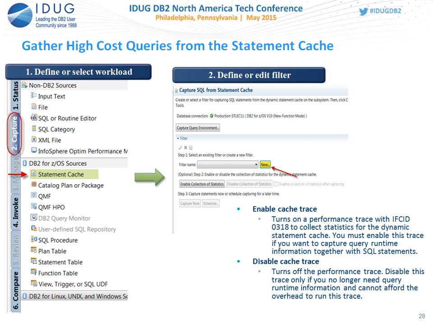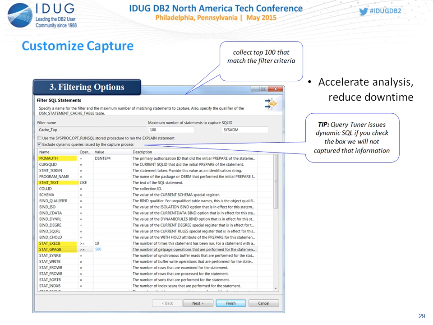So the filtering options, as I mentioned again, we have more filters than you know what to do with, right? So what I did was I gave you my favorite. When I create this one, I say cache top. I've picked my top 100 statements. When I picked my top 100 statements, I decided that I want to do it by